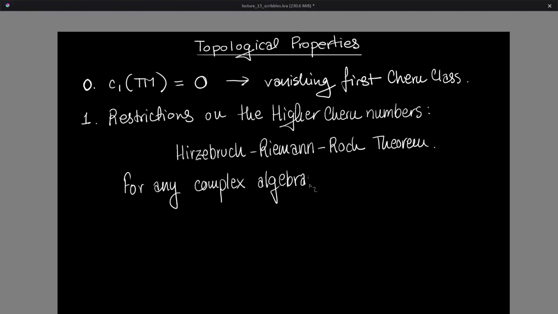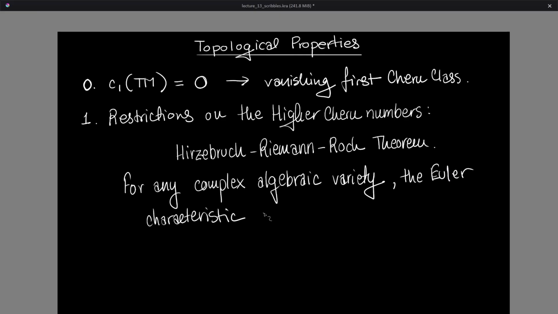So what's an algebraic variety? An algebraic variety is, for our purposes, a kind of manifold that can be described by a polynomial equation. So it's a stricter version of the conditions on what causes a geometric space to be a manifold. So for any complex algebraic variety, the Euler characteristic, if you remember the Euler characteristic from topology, is given by